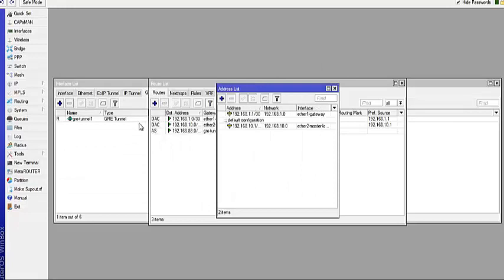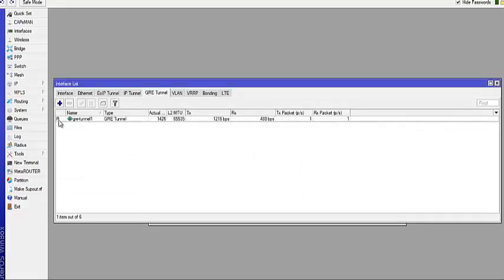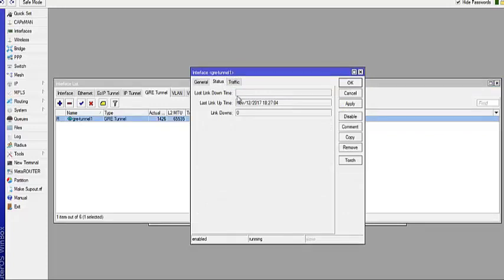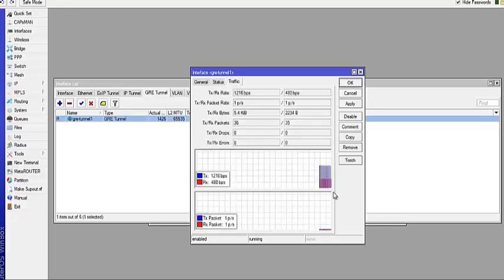For us to know that it's actually working, when you come over here, you see the R sign showing you that it's routing. And over here, you see the packets sent. The TX has a packet, and then the RX also has a packet. So we can actually double click on it and go to status. That shows you that this link is now done. As you can see, down is 0. Then you click on traffic, you see the traffic that is currently passing across it.